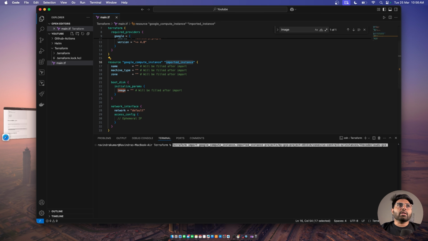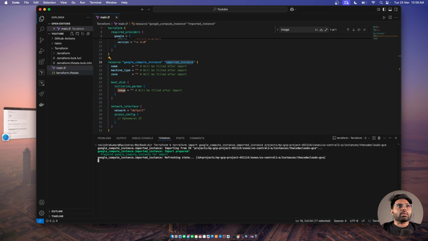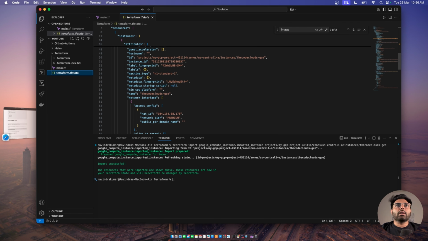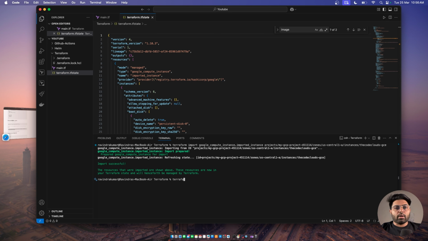Here you can see we don't have any state specified yet. Once I run the terraform import command, one state file would be created here. So let's just hit enter. Here you go. You can see the state is imported. And if I run the terraform plan command,